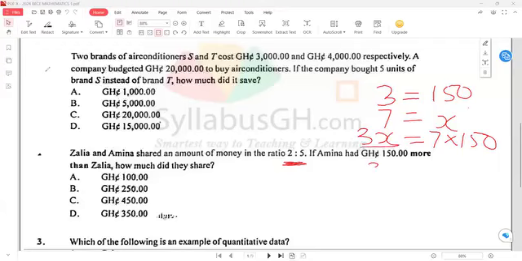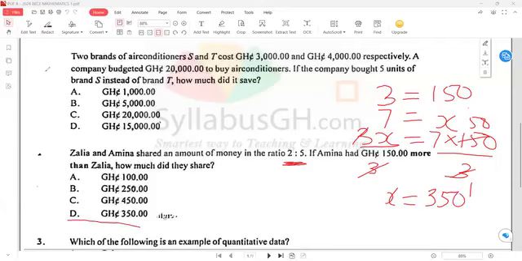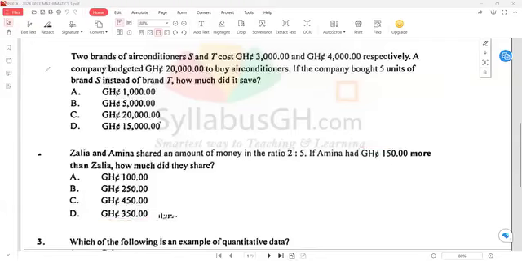So we divide through by 3, and x would be 350 Ghana cedis, which is option D. That's one way of solving. Another way of solving, which is quite lengthy, is that we are looking at Amina having 150 cedis more than